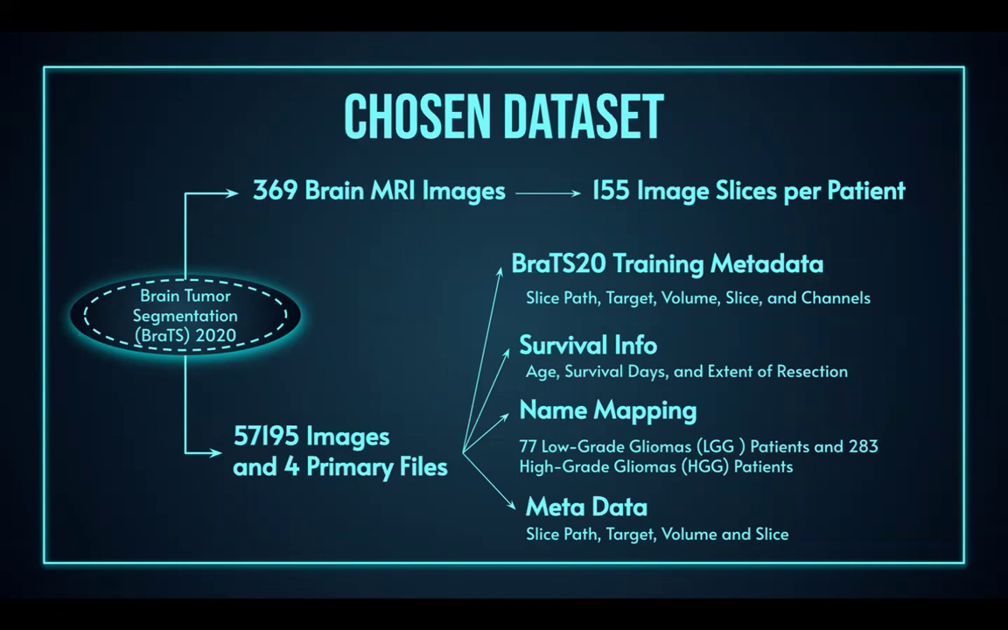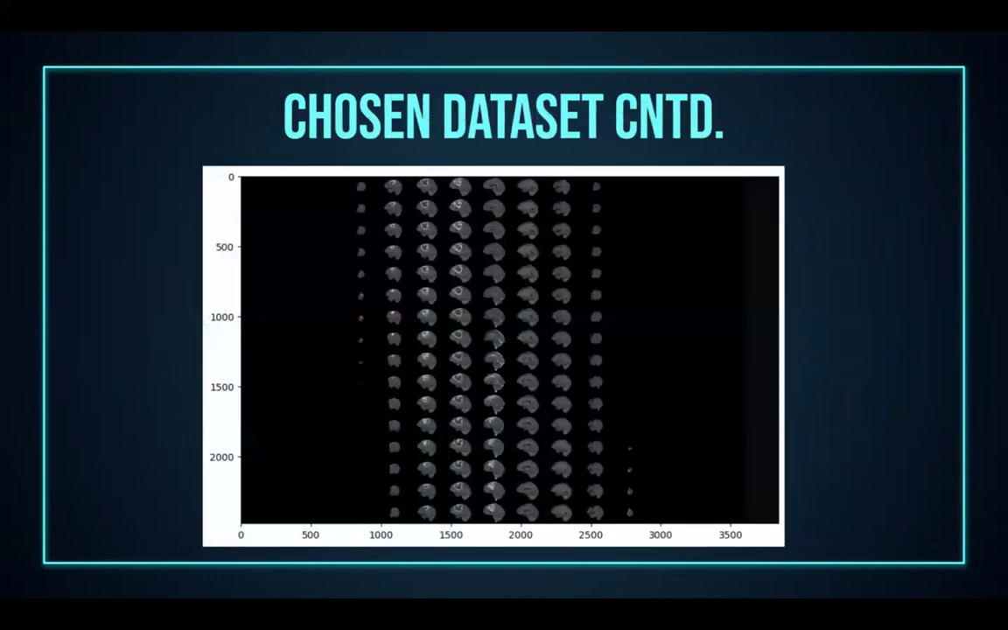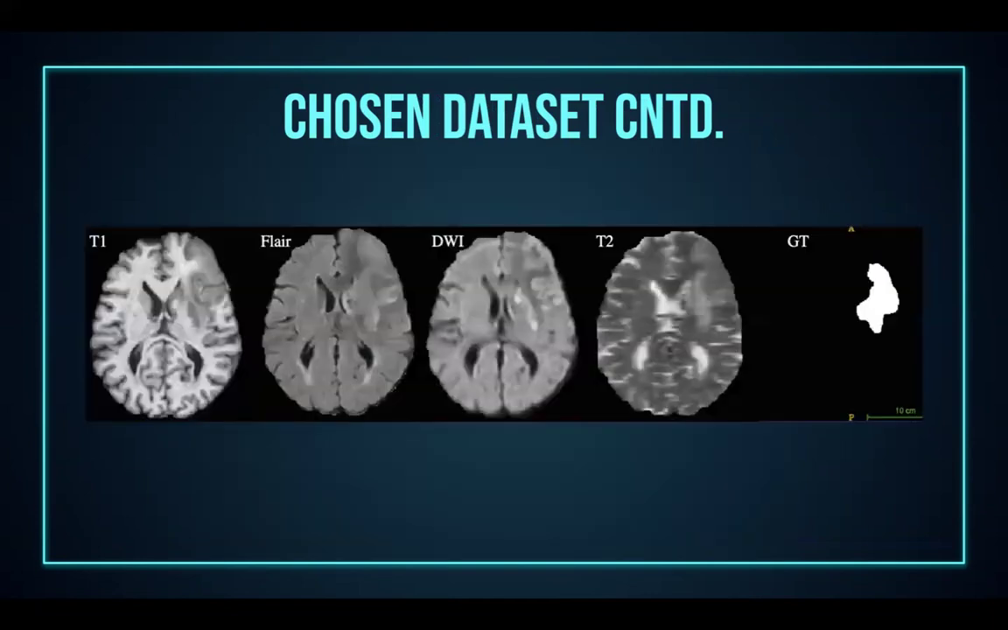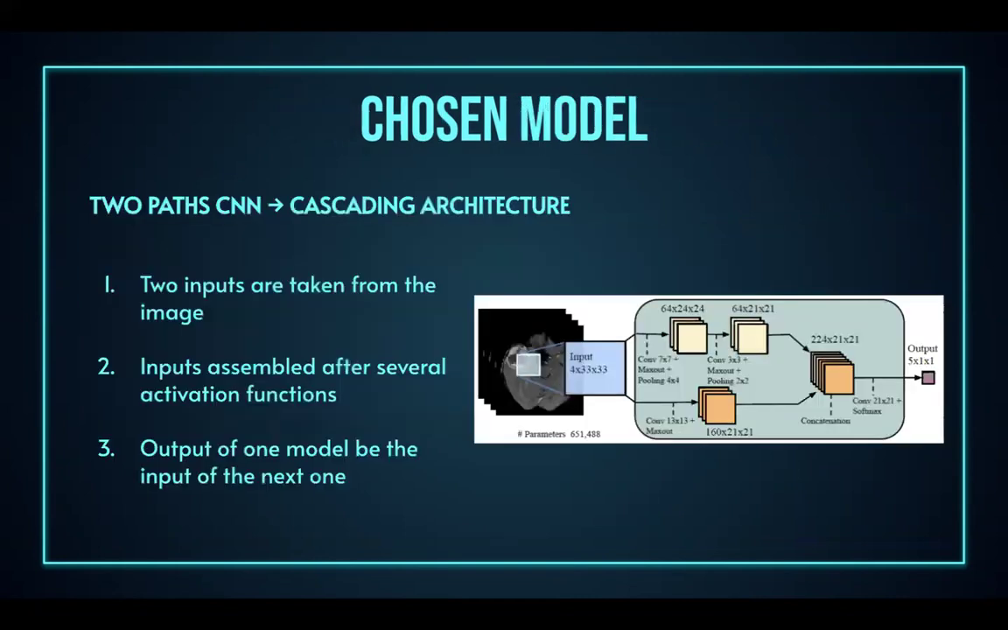each slice goes through 4 channels. This is an example of the 155 slices, and this is an example of the 4 channels, including the ground truth in the end. So for our baseline model, we chose the two-path CNN, which uses a cascading architecture where two inputs are taken from the image, and these inputs are assembled after several activation functions, and then the output of one model is input into the next one, and then the output is the classification whether this brain has